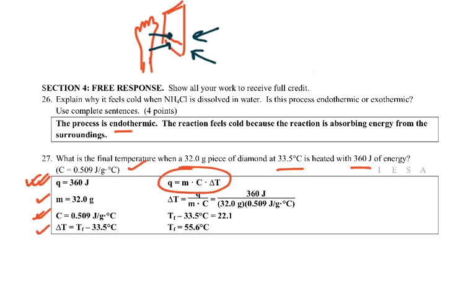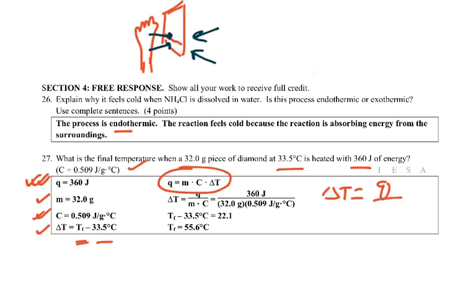And then the temperature change, which is always final minus initial. So we're going to heat it up. So our final is what we're looking for, minus the temperature we're given, 33.5. So now we just substitute into our equation. Q equals mc delta T. We want our delta T, so we can solve for that: delta T equals